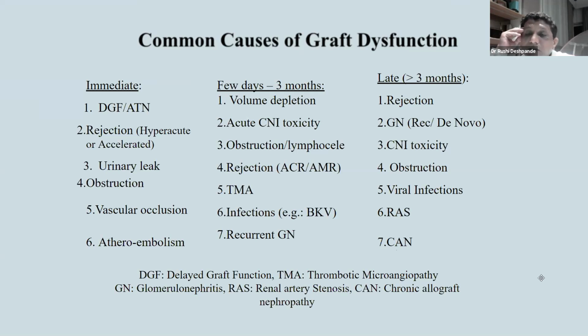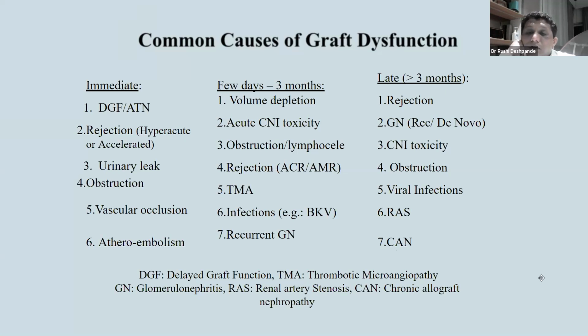Other causes could be surgical in nature, because as you are all aware, the lower end of the ureter, the blood supply is always precarious. So depending on how the transplant went, you expect whether there will be any problems at that end. Viral infections: the important ones are CMV and BK virus nephritis. And the last one is herpes, basically herpes zoster and simplex as well, causing shingles.